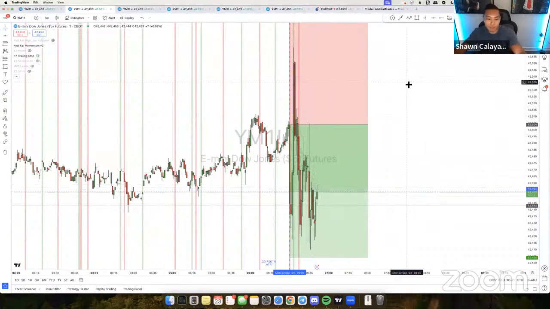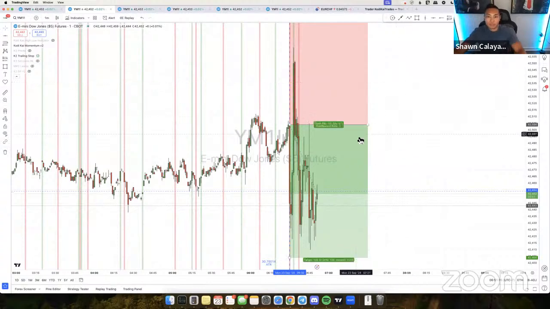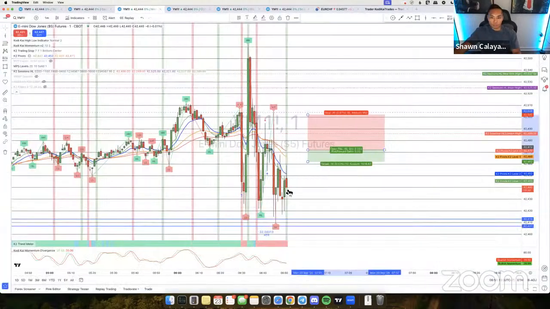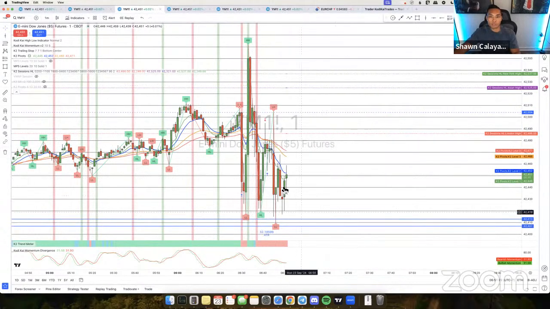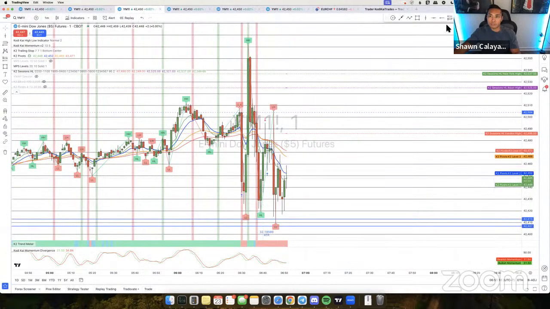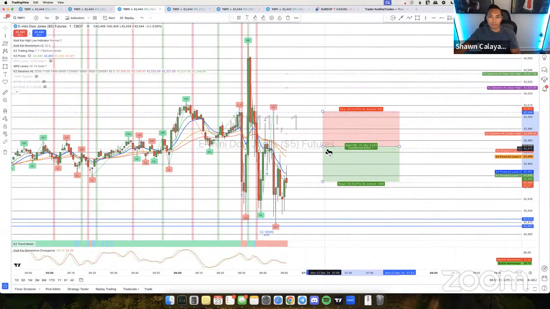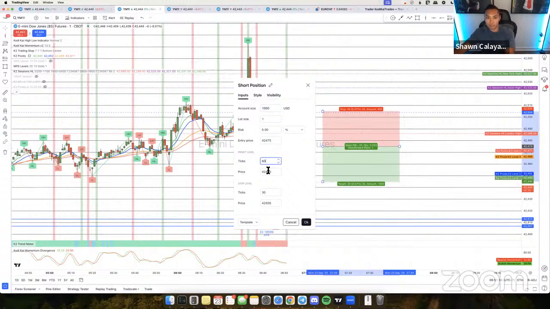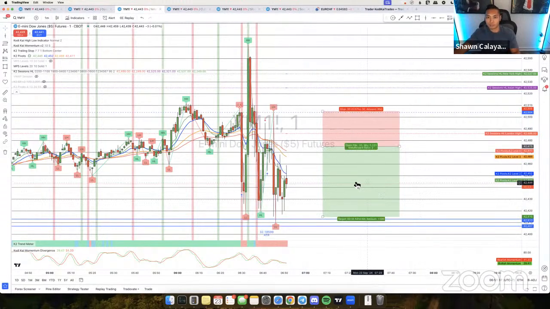So the main thing is 2 entries. Breakout and then 1 market flow V2. Again, if you guys don't like the risk to reward that I'm doing now, if you think it's too risky because it's too far out, then go ahead and use the previous risk to reward. But I'm basically going for 2 different ones. I'm going for a 100 point TP, 50 point stop loss for the breakout. And then for the market flow V2, I'm going for a 60-30. So 60 TP, 30 stop loss.